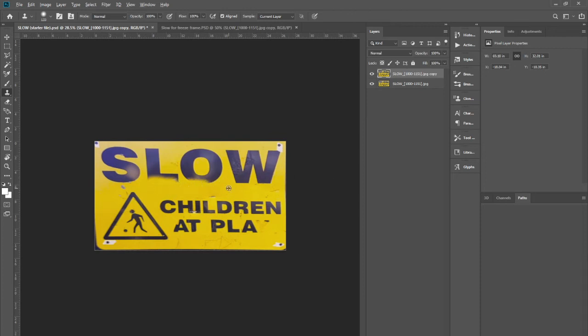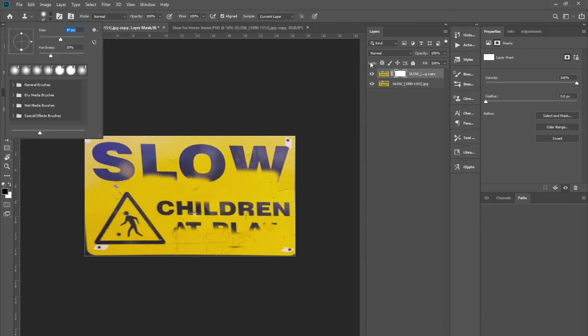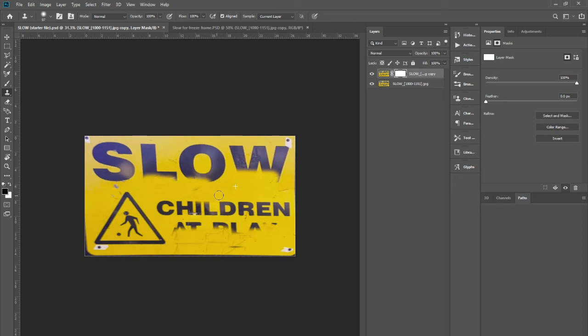So the clone tool does all the heavy lifting here. You're just trying to do this for as long as it takes to get rid of the lettering. And that takes a little bit of time, but once you have it done, then you don't need to do any more cloning. So for example, let's say if I were to clone out that just to get a nice clean yellow, I could then click on my mask and get myself a black paintbrush. Let's bring the size down a little bit. Just find that scratch again, and if I just do a little bit of brushing there,